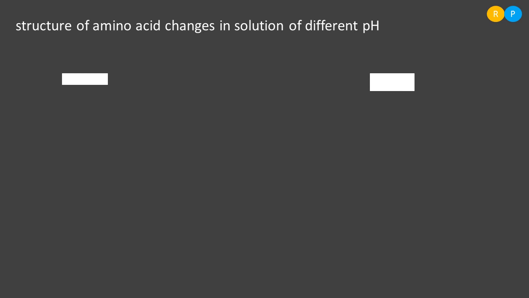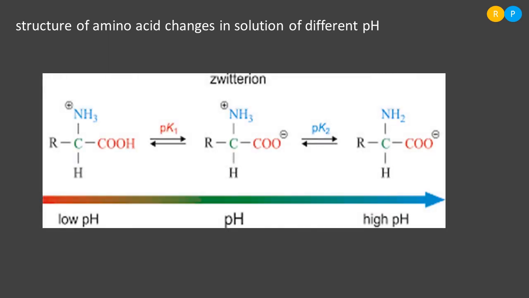Does the structure of an amino acid change in solutions of different pH? When we change the pH of the solution, that in turn changes the structure of the amino acid. Right? We came to know the structure of the amino acid in the neutral solution. In the neutral solution, the amino acid exists in Zwitter ionic form, that means it consists of both charges. Right? So let us have a look at the equation. This is the equation showing how the changes in the amino acid structure take place when it is placed in low pH or in high pH. Right?